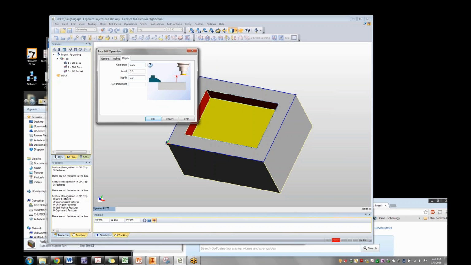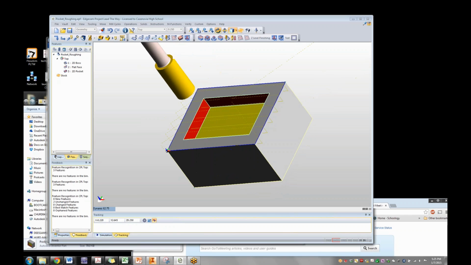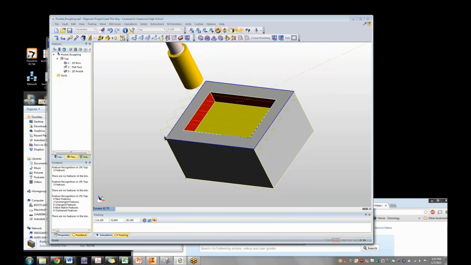It knows everything about the part, but you can go in here and you can change depth if you want, if you wanted to cheat it by bringing it down a little bit. So depth, how deep do we want to go on this? Let's take 1/10 off. If we wanted to do that in 2 cuts, we could tell it what the increment was. Let's just do it in 1 cut because it's a piece of wax or a piece of Ren, and say OK. And if everything comes out well, you'll see that there's some yellow lines that indicate the tool path